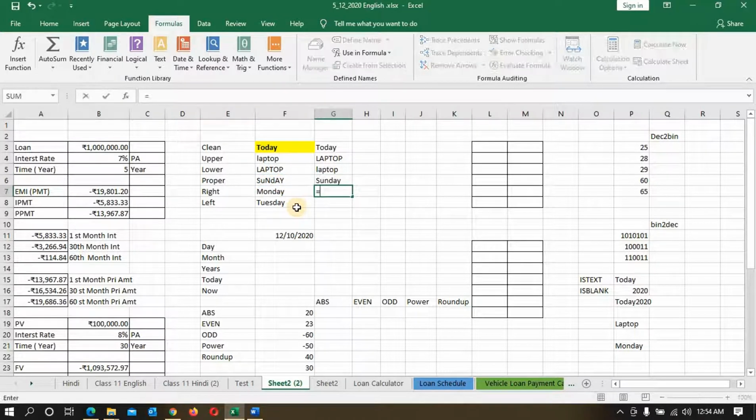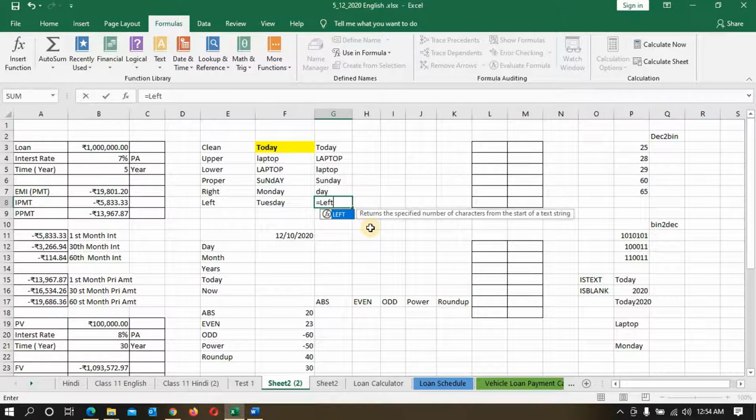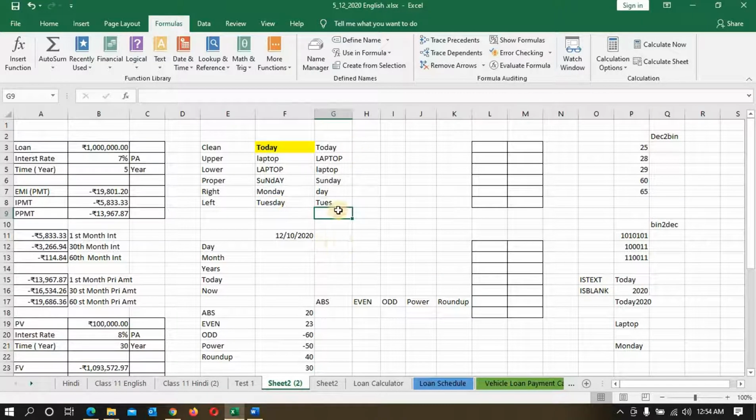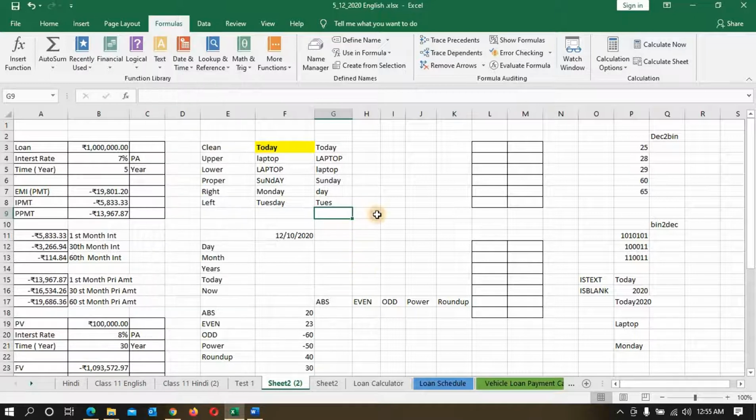Then we have right, so we'll put the formula here right, and then we'll put how many characters you want, you can put like 3. So it will come as the last 3, meaning from the right side 3 letters. Okay, then we have left, and we'll put the character, and then how many, we'll put 4. So it will come 4. So this is all about text. Here many things are there, a lot of things you can use, and each will be a different thing.